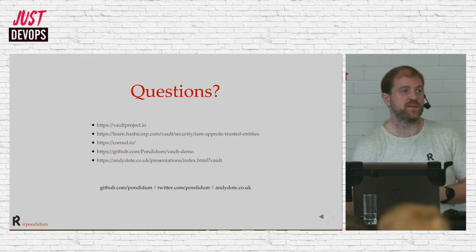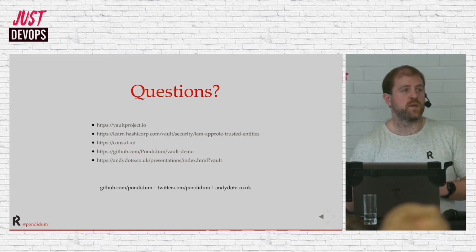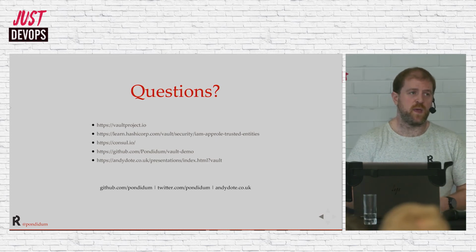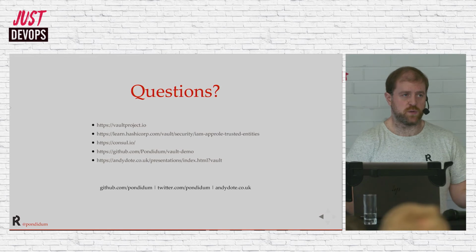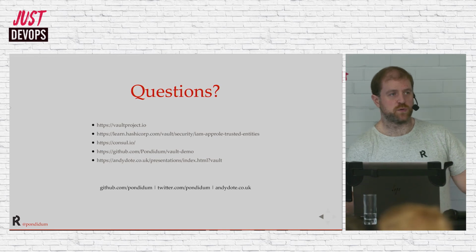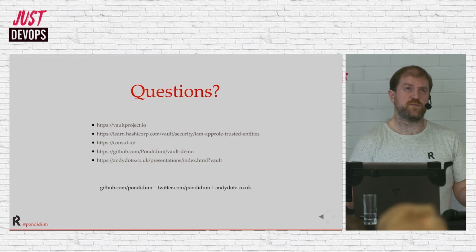No, there is a question. What about configuration for high availability setup for Vault? Yeah, so the question is, what about Vault high availability setup? It depends what backend you're using to store. So Vault itself is stateless, but the backend store that you choose to store all your configuration in has to be a high availability one. The options available for high availability are Consul,